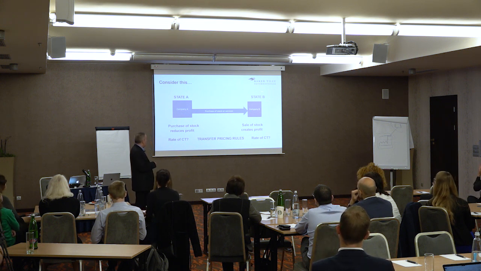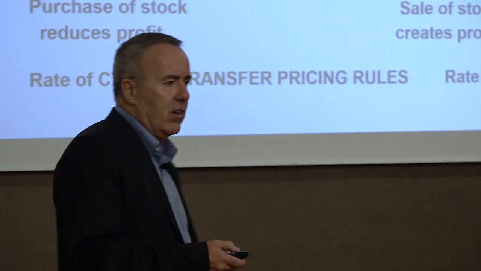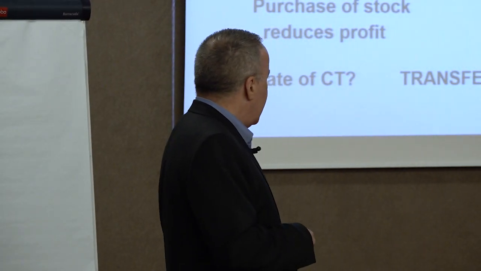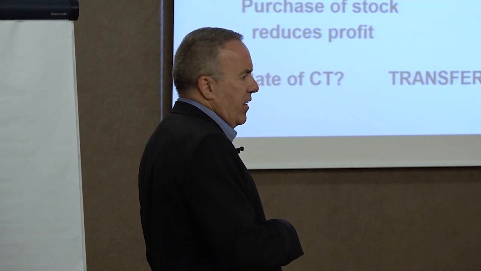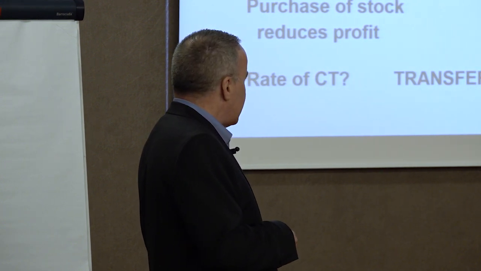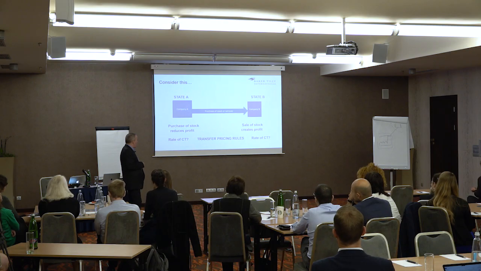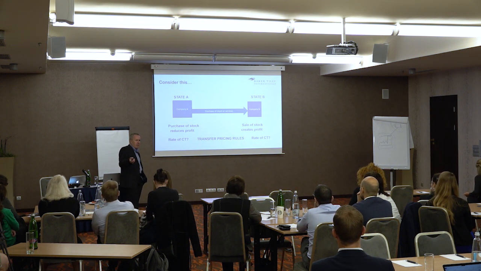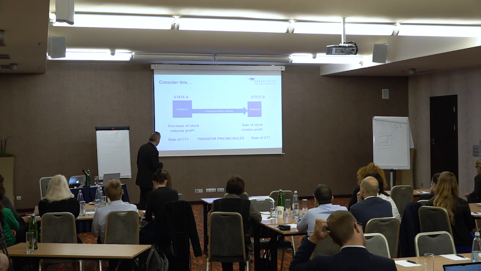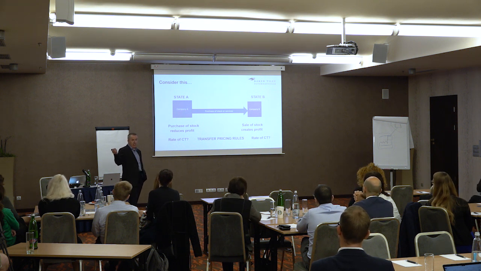Well, that's great. You may go straight for the double tax treaty between state A and state B, but you'd be doing the wrong thing, wouldn't you? Because the first thing you've got to look at is, well, that's absolutely fine. We've created the profit here, and we've created no profit there. Great. But hang on, what are the tax rates in these two countries? Because if that's a high tax rate and that's a low tax rate, that makes sense. If it's the other way around, that doesn't make sense. What are the relieving provisions, the special provisions that might apply in any of those countries? Is there something that means actually we don't mind having taxable profit there because we can reduce that by other means, for example, generous R&D expenditure relief.